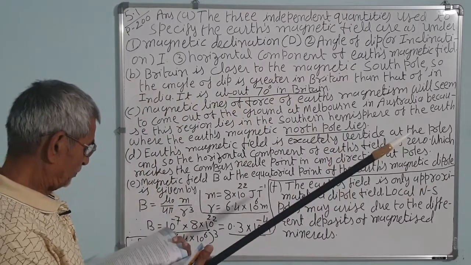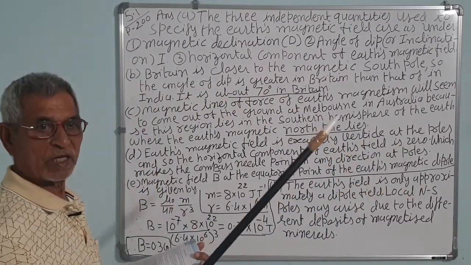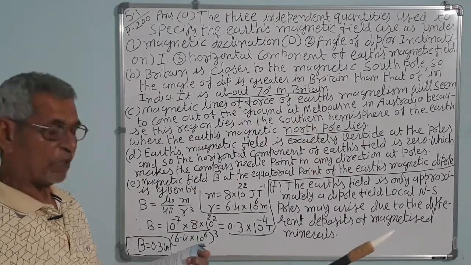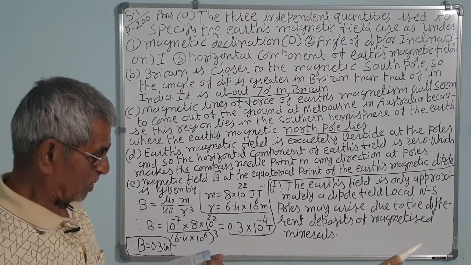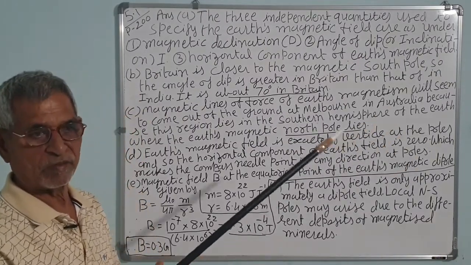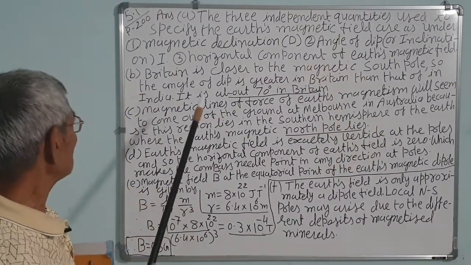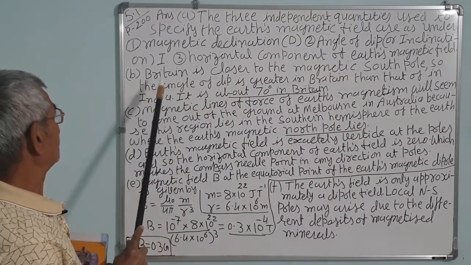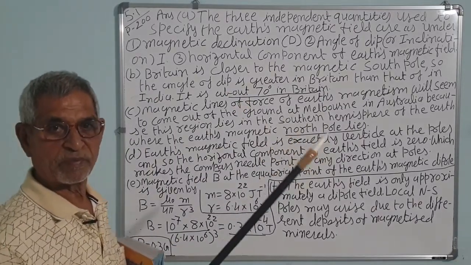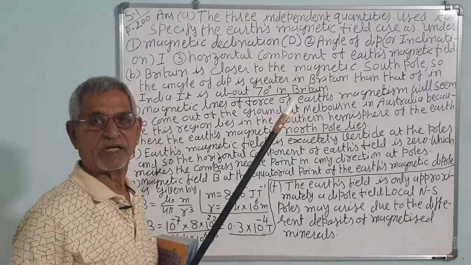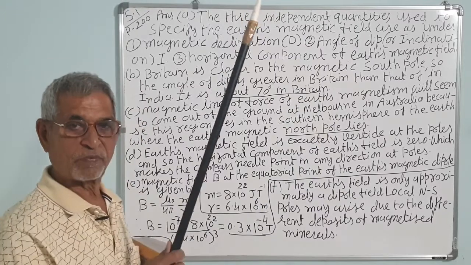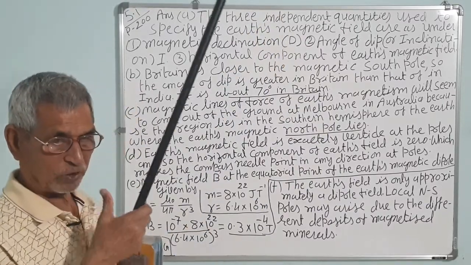Now, number 2. The questions are in the book, so I leave it to you to read them from the book, the answers are here. The angle of dip at a location in South India is about 18 degrees. What would you expect, a greater or smaller dip in Britain? Britain is in the northern hemisphere, so it is near the northern pole. We know that the angle of dip is 0 at the magnetic equator, and 90 at the poles, whether south pole or north pole, because the needle stays vertical at that position.